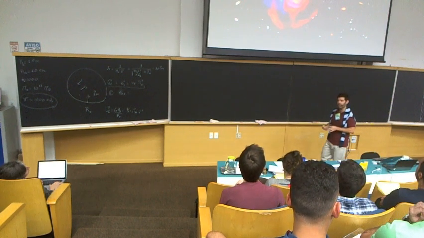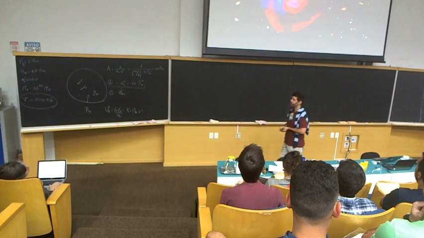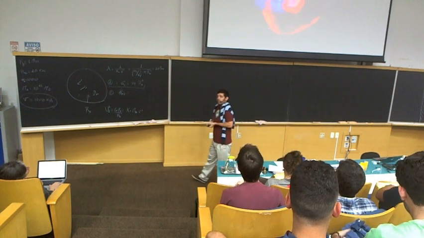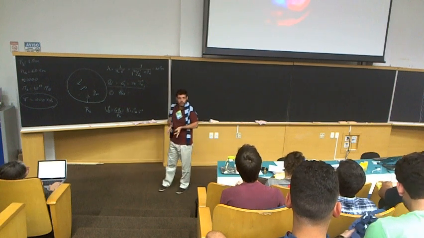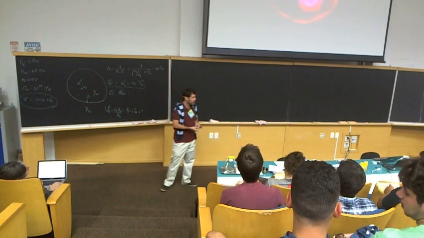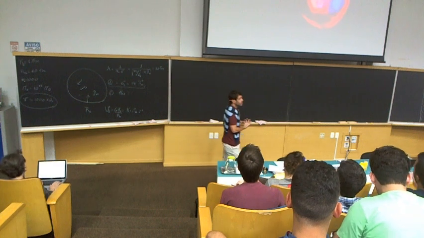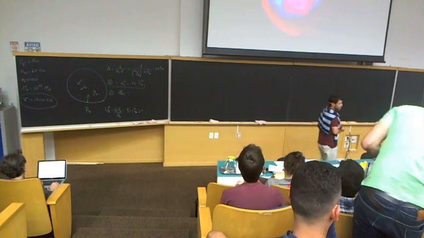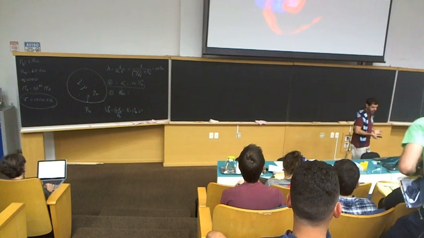It's actually a simulation, so it's simulating the physics. It's just saying the blue stuff doesn't interact with itself and with the gas, only gravitationally. The red stuff does interact, okay? So the red is the equivalent of the gas,